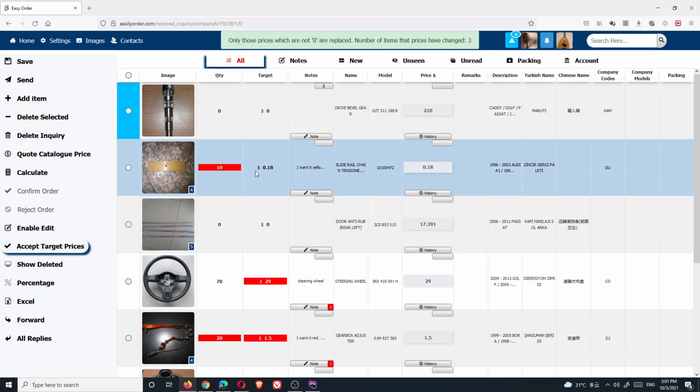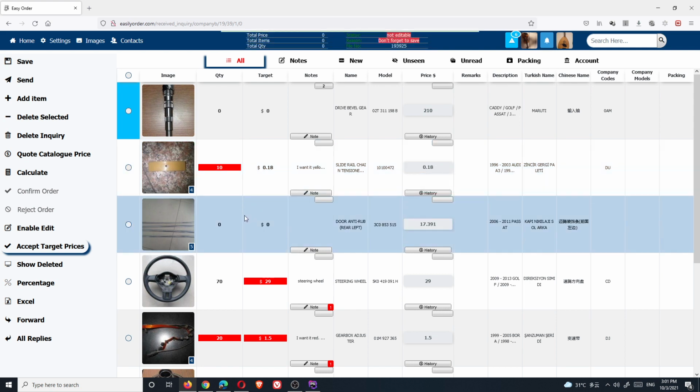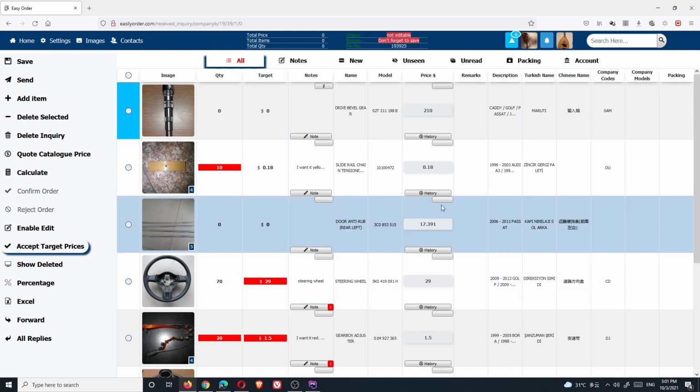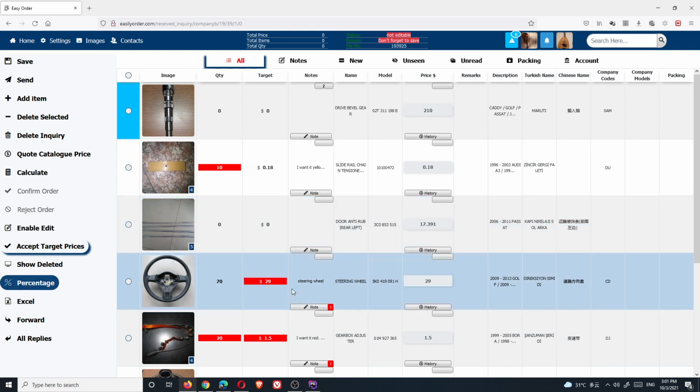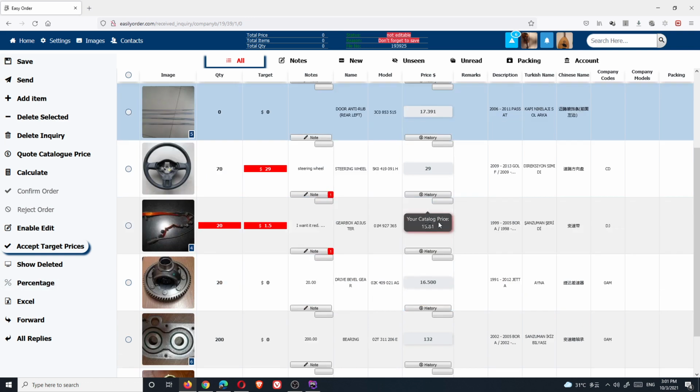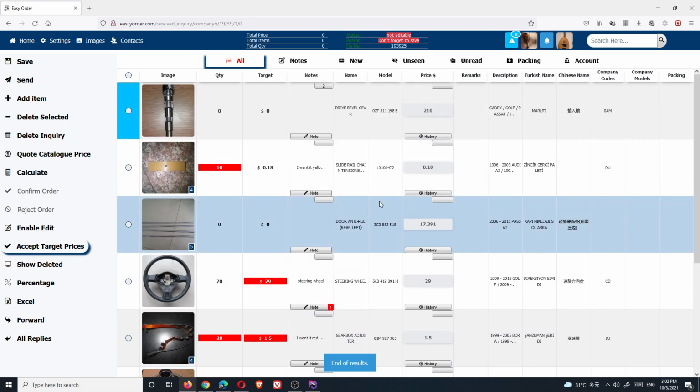As you see, this target price is 0.18, 0.18. This target price is 0, so it doesn't make any change. This target price is 29 and became 29. Those 0 prices are not coming here because you have already filled them. Maybe you don't want to change it. So we can now send back to the